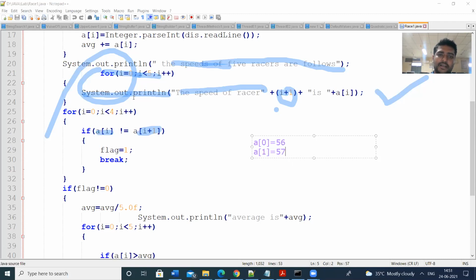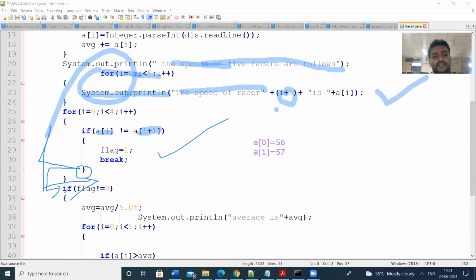Break means it will come out of this loop, so the control will not come to the if statement. Control will go to the next statement after this block.